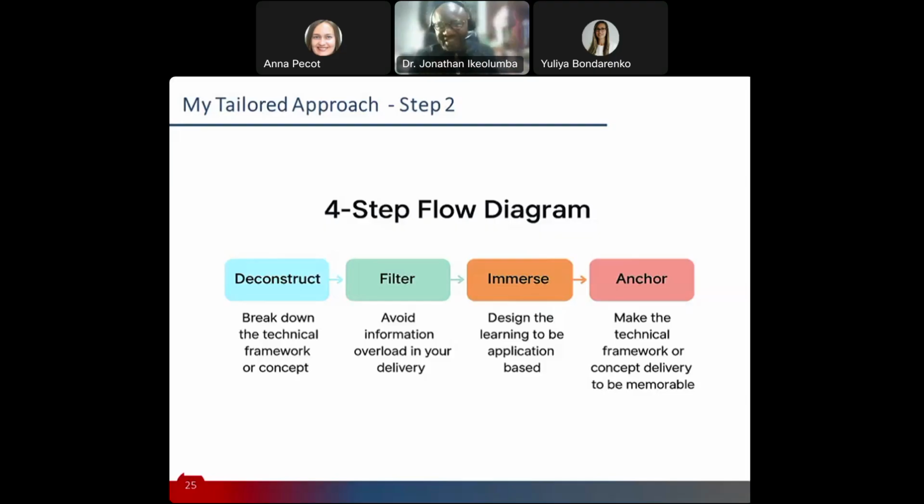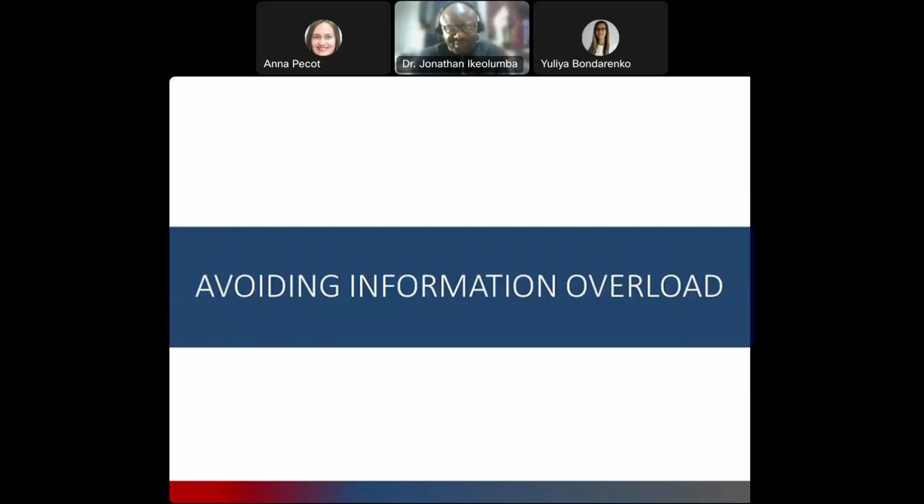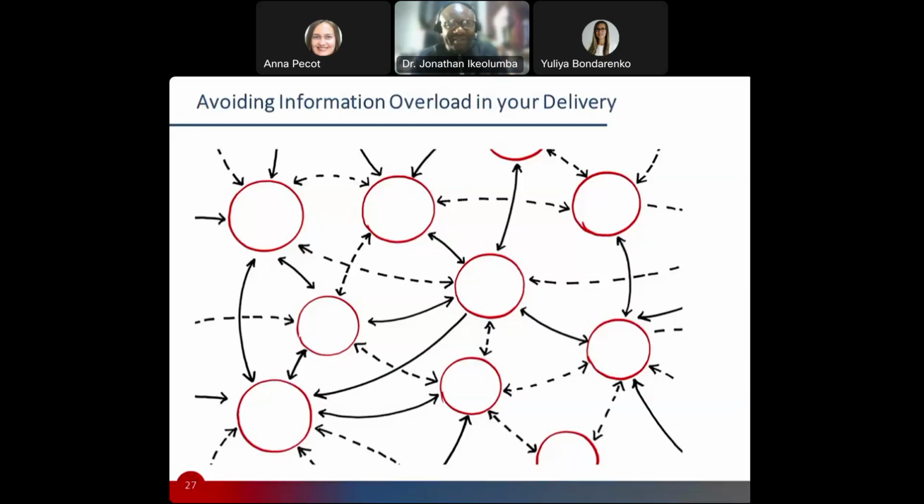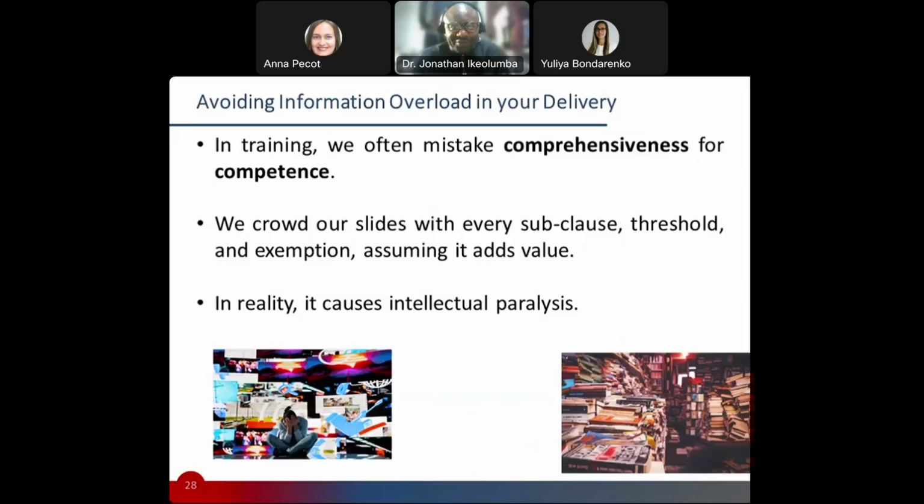It's also a mental thing as well to do, right? And so that's the next thing I'm going to be talking about, making sure that you avoid information overload. So let me speak a bit about avoiding information overload and the whole concept of reducing information overload in your training. Please feel free, and I really want this to be as interactive as possible. If you've got questions you want to ask, you could put your questions or raise your electronic hand.